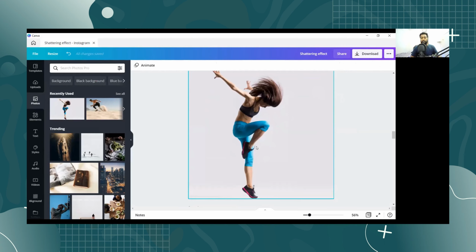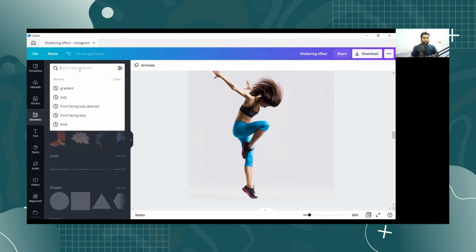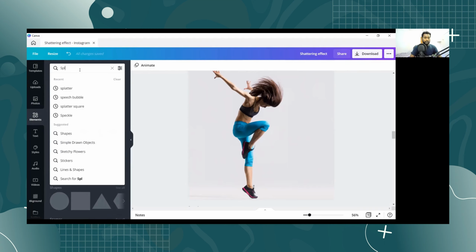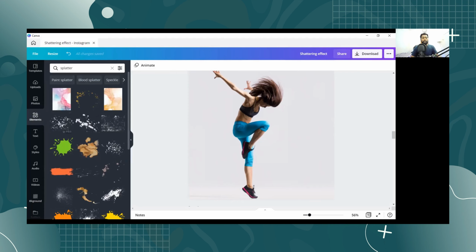Once you have added your photo, or removed the background if you wanted to, the only keyword required to get the shattering effect is the element name: splatter. You just need to type splatter in the element section, and you will get different styles of elements.